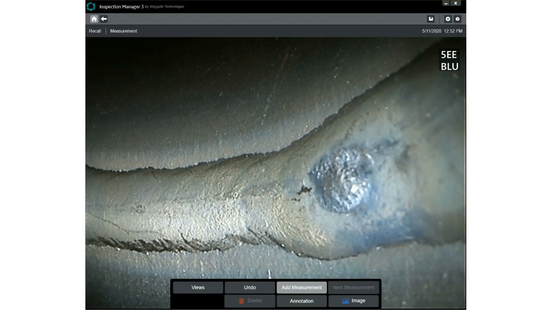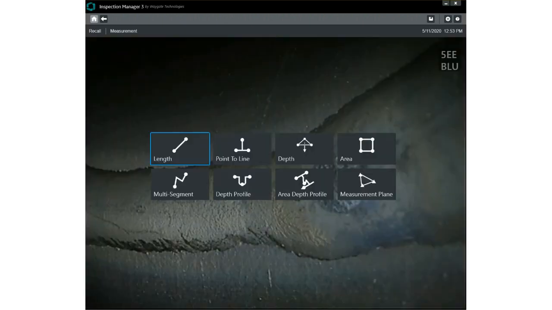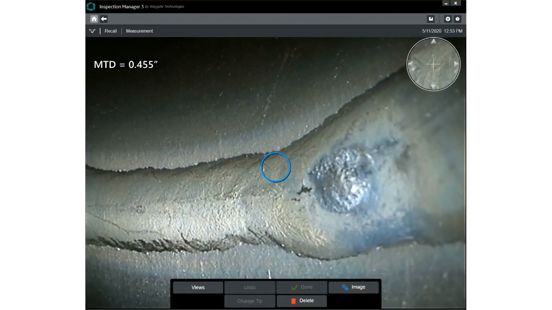Next, I want to evaluate the strike point. I will add a measurement type of depth profile where I can place one cursor, which you'll notice has no crosshairs in it, because this data within this area is going to form a mathematical plane where a point from the center of that data